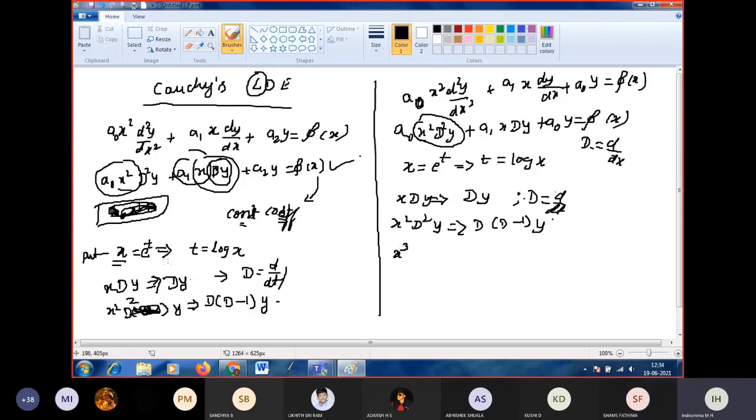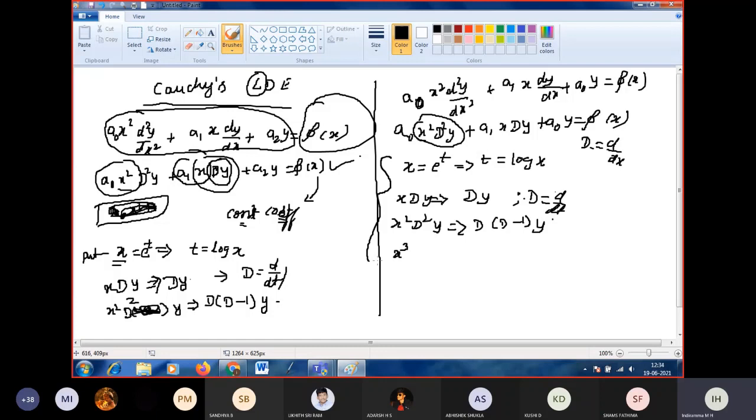Because I want to convert the variable coefficient to a constant coefficient, here I cannot directly simplify to get the solution. I'm going to convert this to constant coefficients. Constant coefficient means type 1, type 2, type 3 that we discussed now. So I'm going to convert this variable coefficient to either of those forms, depending on the RHS. Then I can solve it easily. This is the procedure we have to follow.